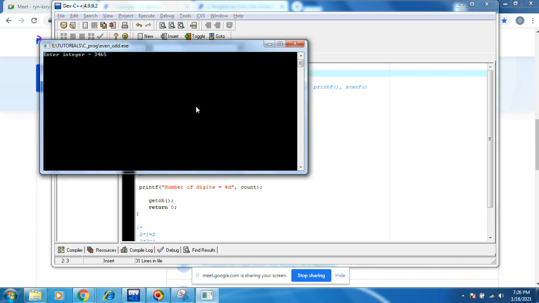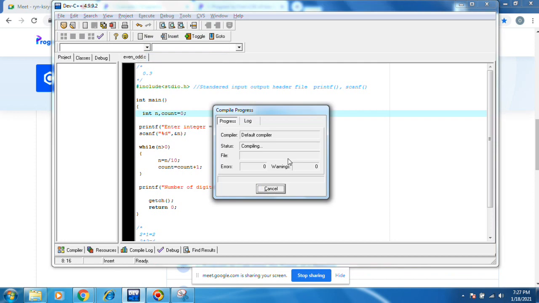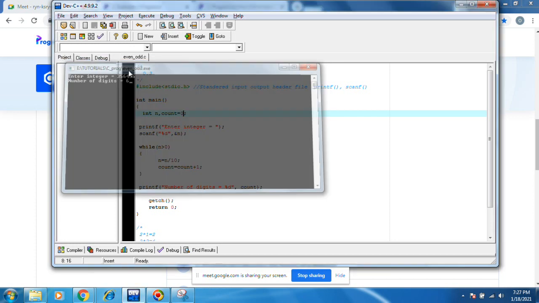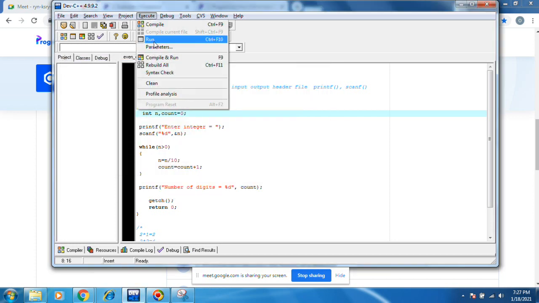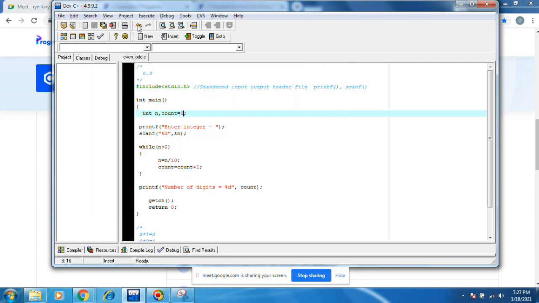You see how many digits are there? 1 2 3 4 5. Oh, it is 6. 1 2 3 4 5 6. No, let's set count equals to 0 only. Execute, compile and run. Now 6, na? Yeah, 6. Execute, compile and run. 1 2 3 4 5 6. Okay,